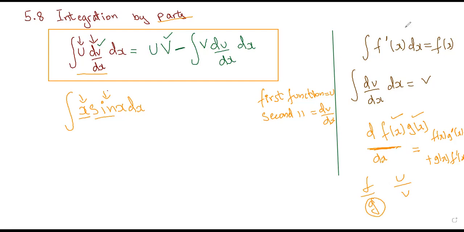But for the product rule, we just used to take any function as the first function and any function as the second function. But here you need to be careful. You cannot take sin x as first function or x as first function directly. You need to think about it. And how will you think about it? Now look,